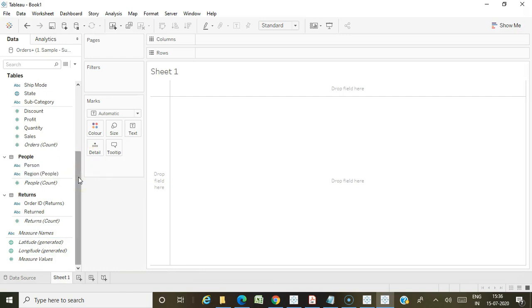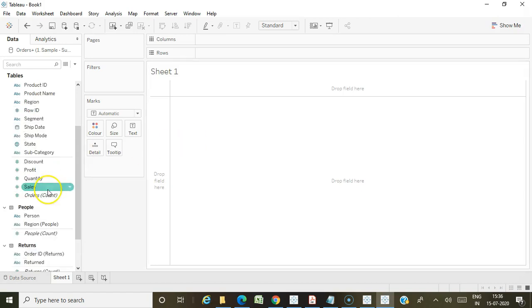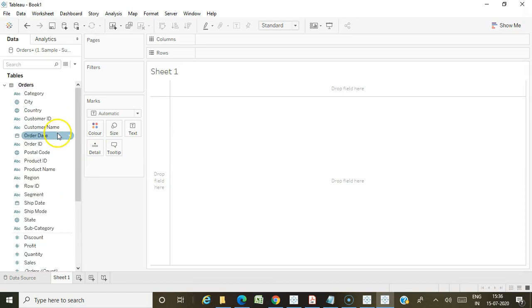Another major new feature in 2020.2 is that when you are creating sets, it allows us to dynamically control the members in the set. Let me explain with an example. Now I'm going to create a map.